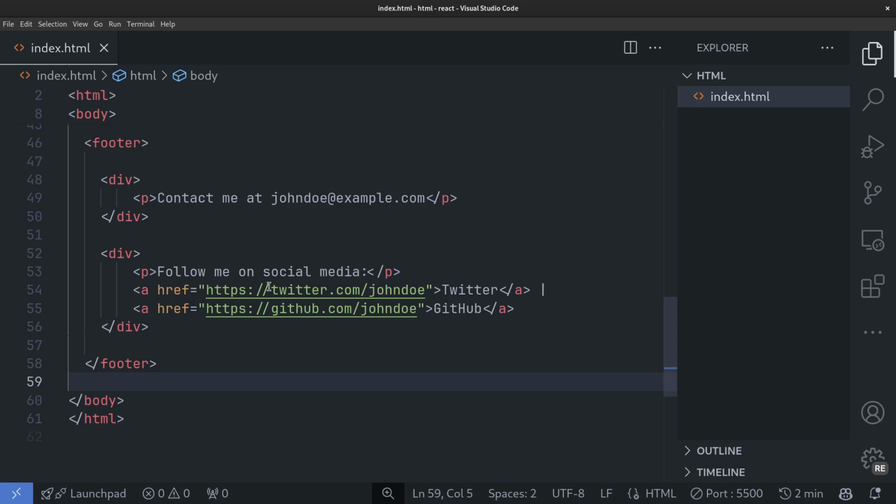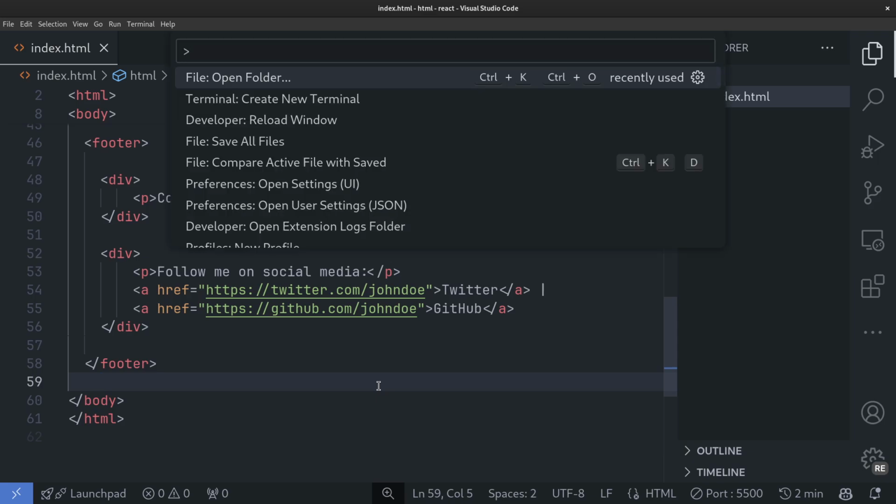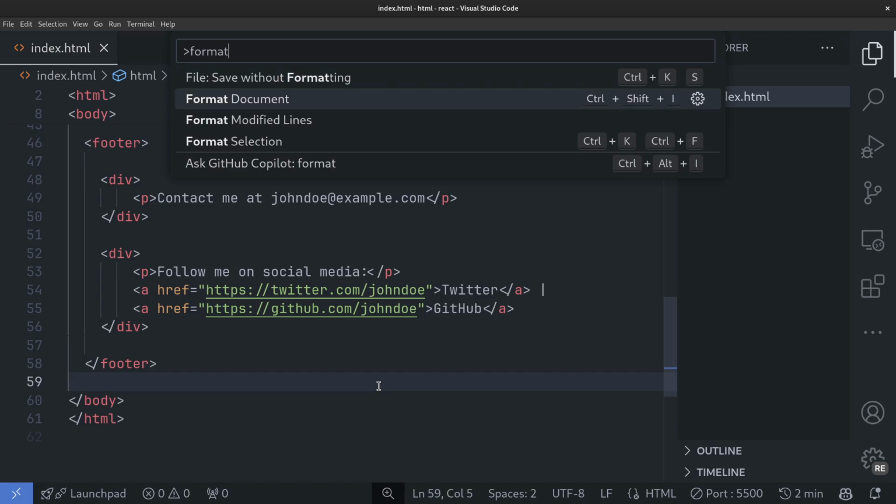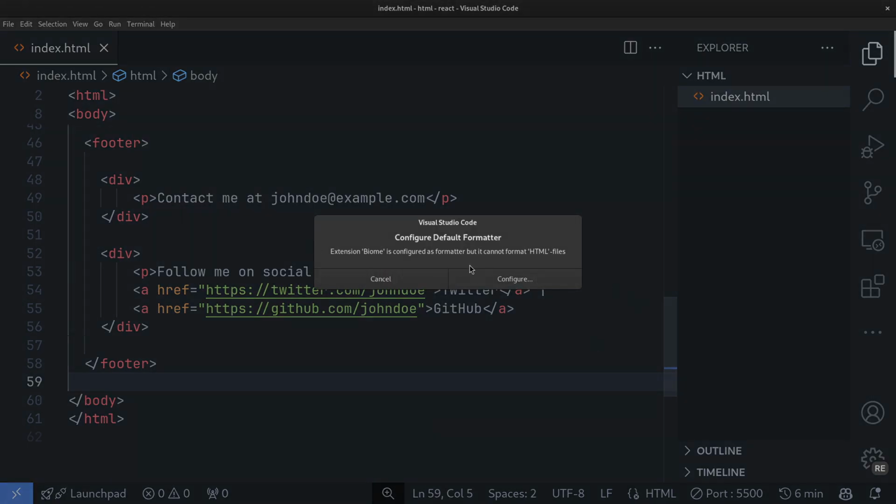Okay, first of all, how can I open this in Visual Studio Code? You have to use Ctrl Shift and P. With Ctrl Shift and P, you open the command palette. Also, if you don't know how, you can look in Google Chrome for how to open a command bar in Visual Studio Code, and you can see how it opens in Windows or Linux or whatever. And in this one, we are going to look for format document, and maybe I'm using this Biome,